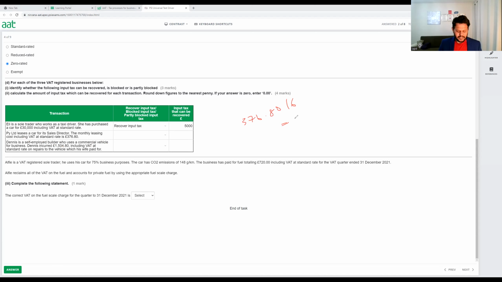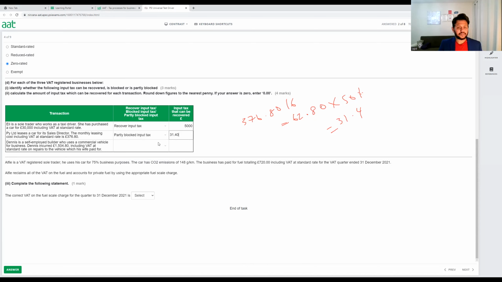So total VAT is 62.80. And I can only claim half, so 50%. Times 50% of that, so divide by 2. I can only claim 31.4. So I can partially claim. So it's called partially blocked, and I can claim only